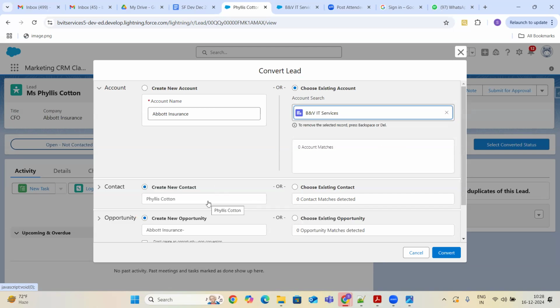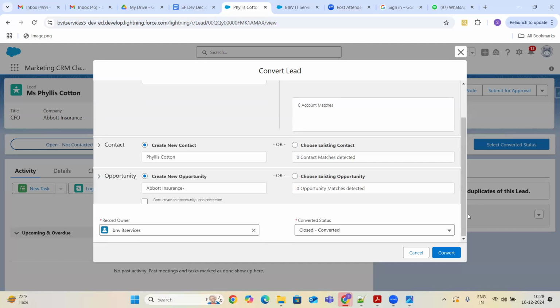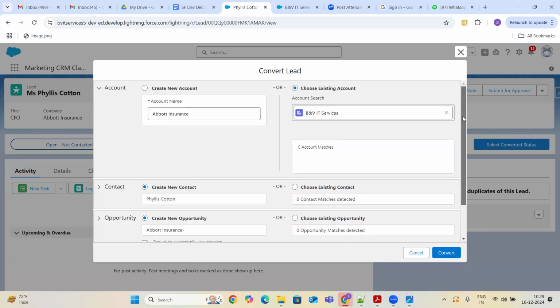Or if it's a completely new person for BNB IT services, then we will create the new contact. And then coming to the opportunity. At the time of lead conversion, guys, selecting the account and contact is always mandatory. Without selecting the account and contact, you cannot convert a lead.